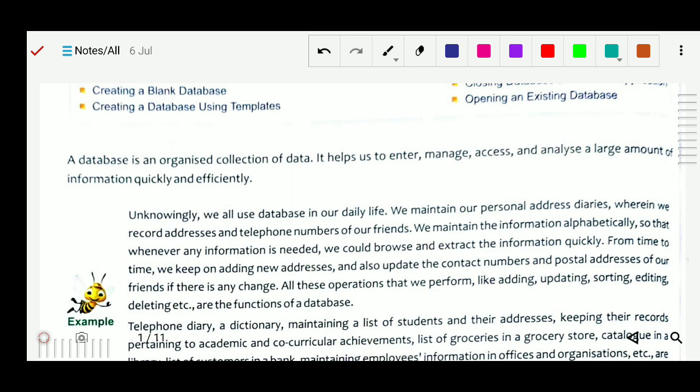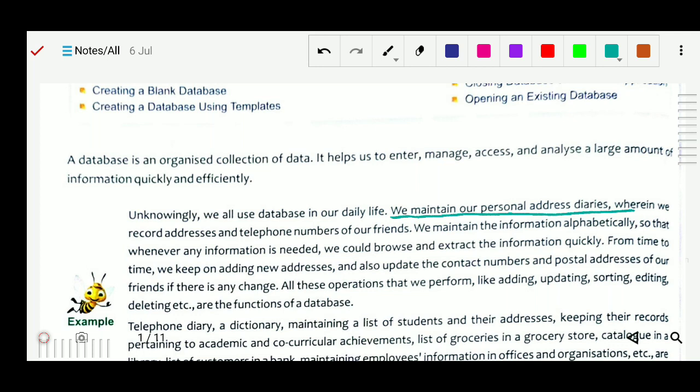Suppose we have to maintain our personal address diary, where we record addresses and telephone numbers of our friends. We maintain information alphabetically, so that whenever any information is needed, we can browse and extract it quickly. We keep adding new addresses and also update the contact numbers and postal addresses of our friends and any changes.